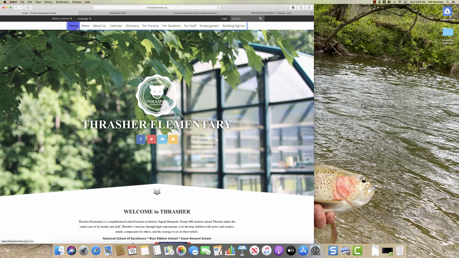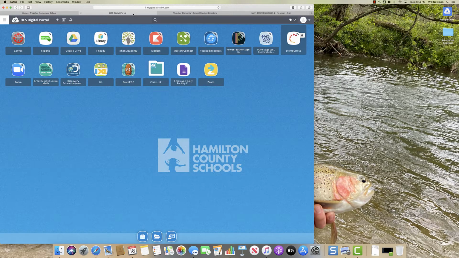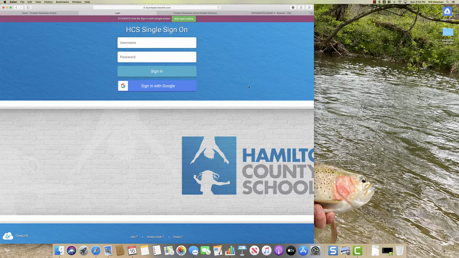If you go to the top, there's a drop-down menu. Scroll over to where it says Students, and then click on Class Link for all students. After you click on Class Link for all students, it will take you to a page that looks similar to this. Now, if a student is not signed in to their ClassLink page, make sure they click Sign In with Google,